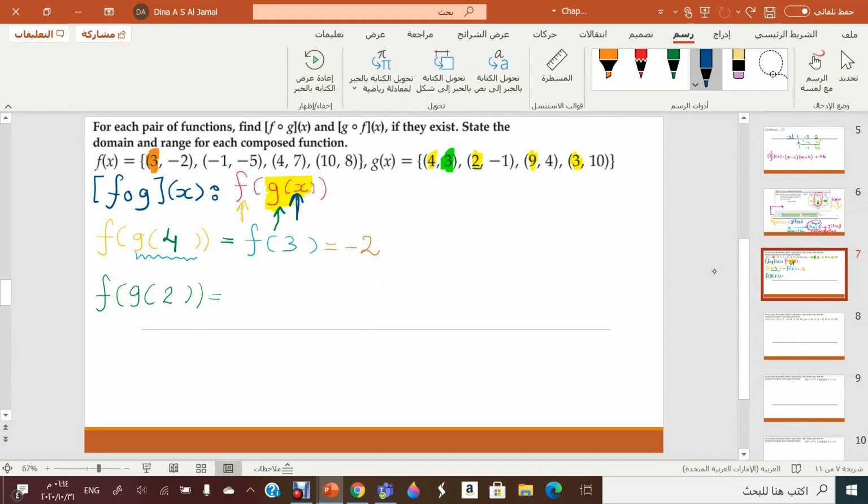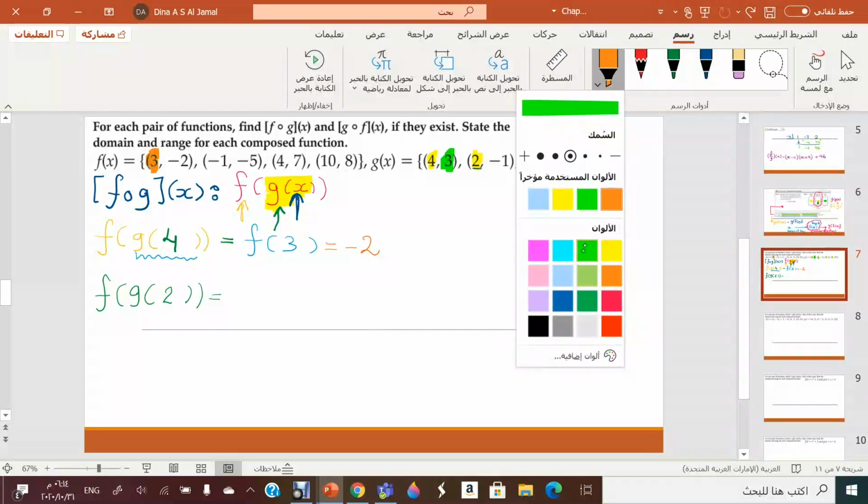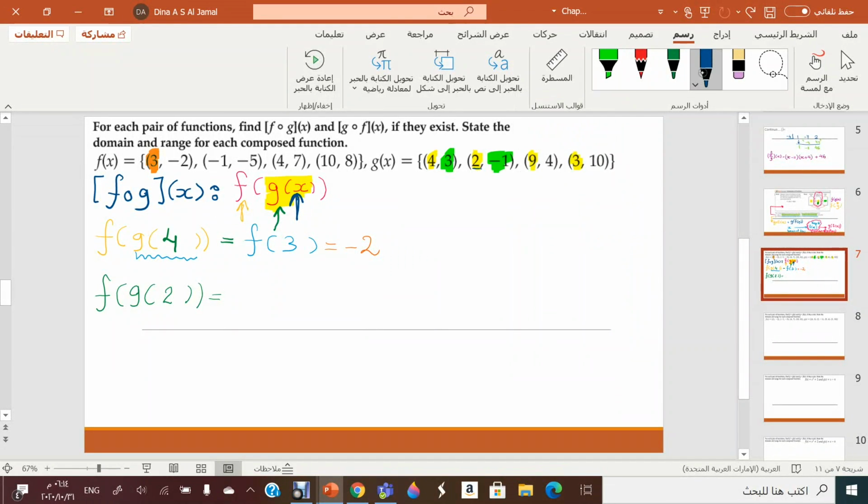Now let's go to the green arrow. What is g of 2? What is the value here? It is -1. Excellent. So let me put it as it is. Then